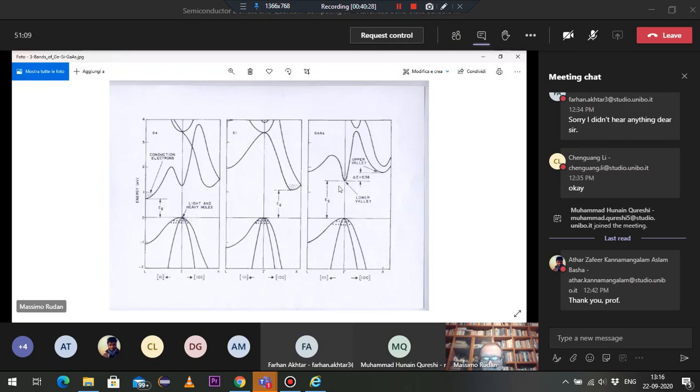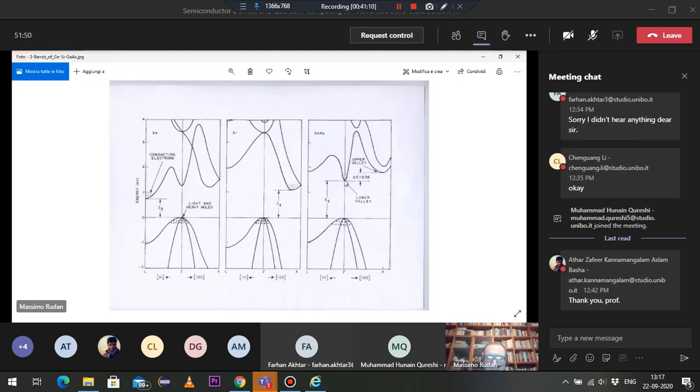In contrast, gallium arsenide has the maxima of the valence band at the gamma point and also the minimum of the conduction band at the gamma point, okay? So for this reason, it is called a direct semiconductor, because the position in k-space of the maximum of the valence band is the same as that of the minimum of the conduction band. Is this of any importance? It is important because